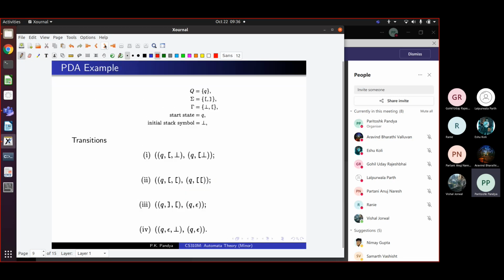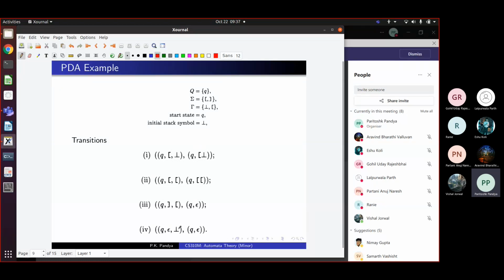And then our pushdown automaton has rules like this. There are two kinds of rules: one is the processing to be done on reading a certain letter, and the other is processing to be done on silent transitions. This automaton is an example. It has a single state Q. So when you are in state Q and the next letter to be processed from the input is a left bracket, and on the top of the stack is bottom, you replace this bottom symbol on the top of the stack by this substring, left bracket bottom. So basically you push this left bracket onto the stack.